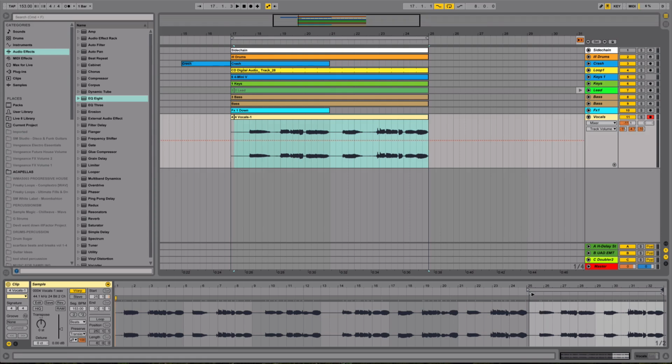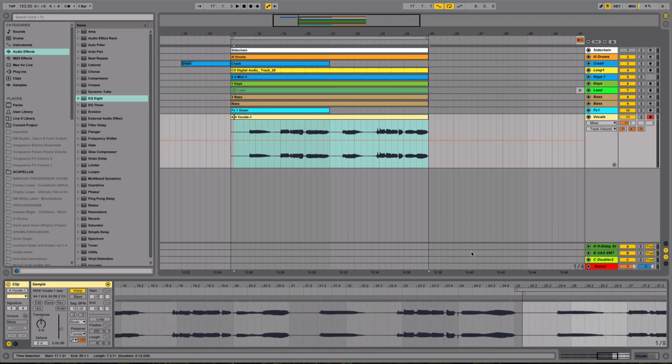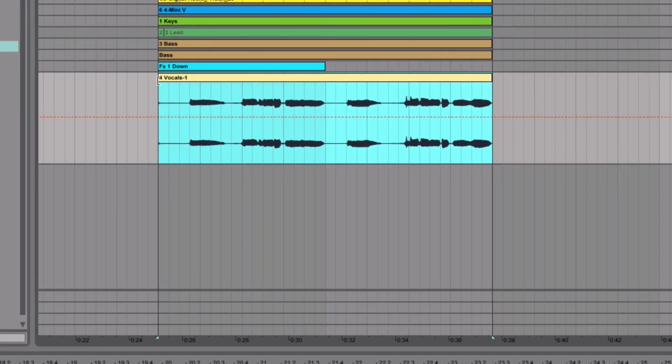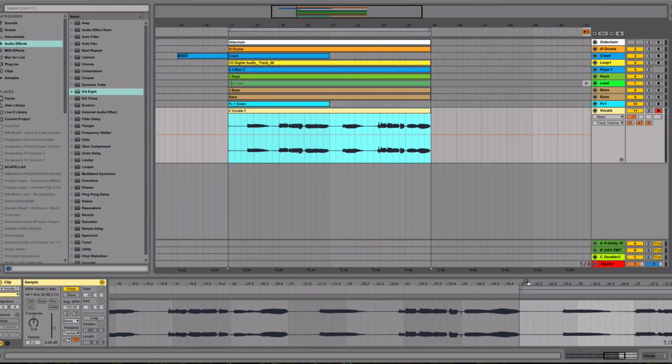The best way to do this is fragmenting it in the 8-bar loops. What I mean by that is, as you can see, this is starting a little bit early, and that's because when we stopped recording, we stopped it here, so it's a new region. So just bring it back, and there you go. And now we have a perfect